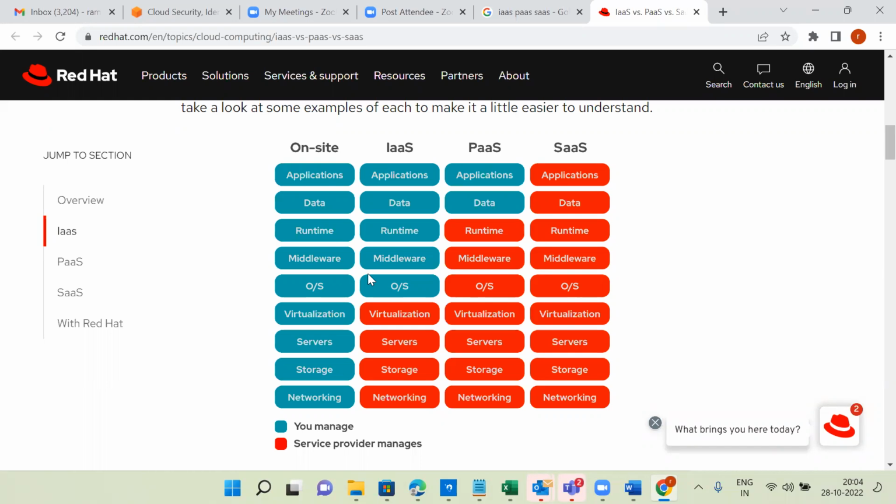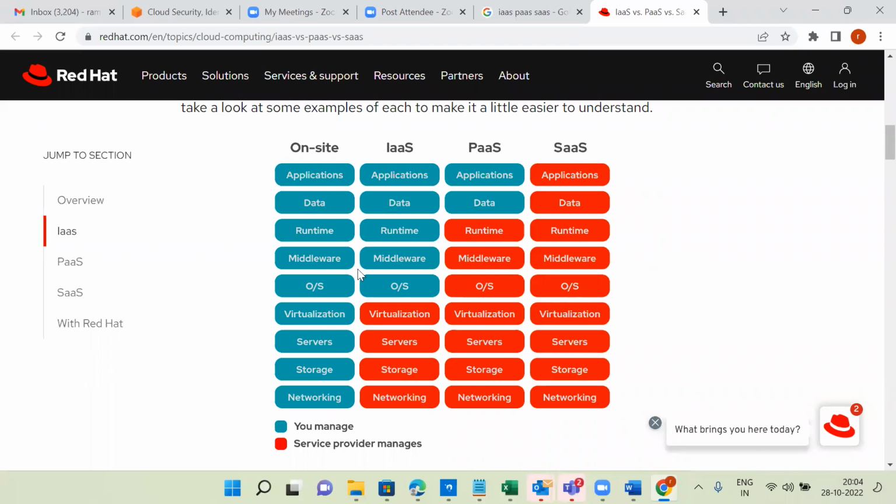Which one would you give more importance? I will give IaaS number one priority as per my knowledge. Why? Because I will trust my operating system, and I can run my applications and maintain my data, everything.